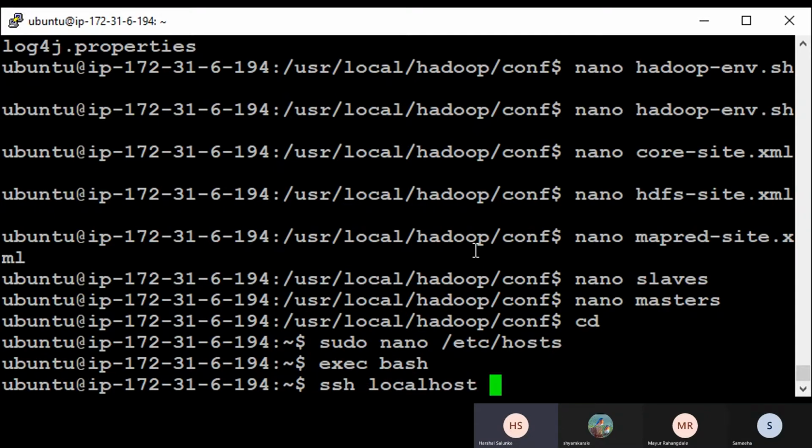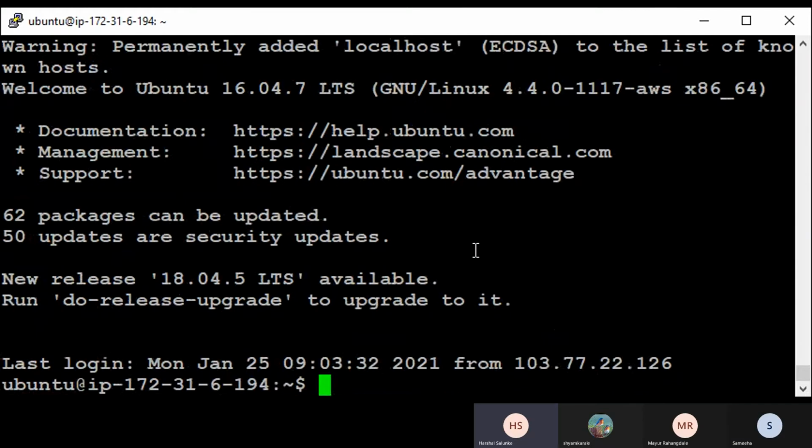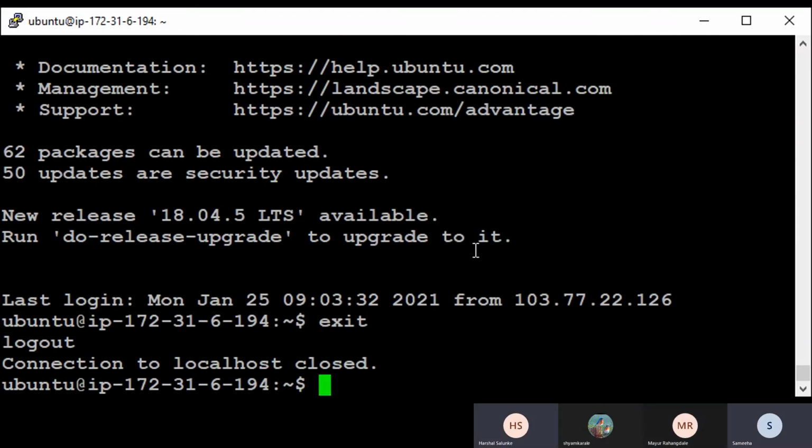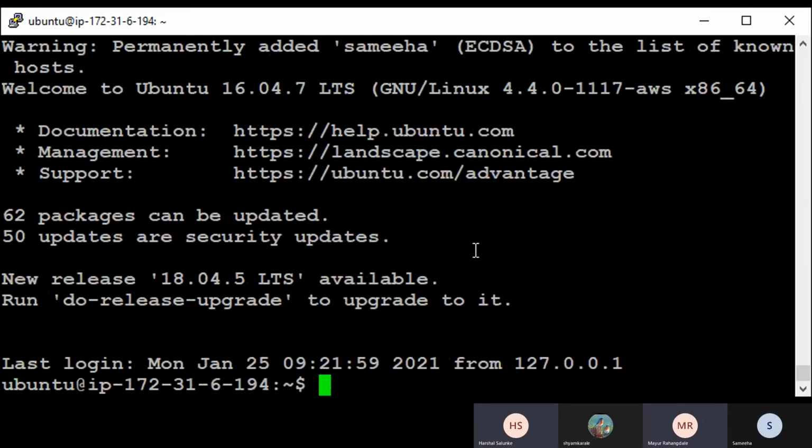Do yes and then SSH Samia. You don't need to exit, it's the same machine. Yes, it works. DNS for loopback is configured. Now we have to format.